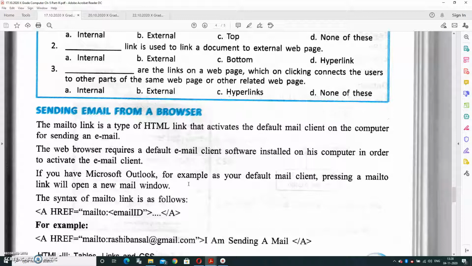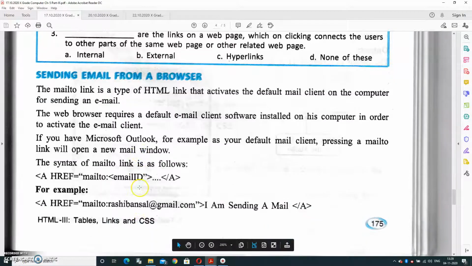If you have Microsoft Outlook, for example, as your default mail client, pressing a mailto link will open a new mail window. The syntax of creating a mail link is href mailto email ID in the anchor tag. Generally, the sending email concept is used when we are going to send an email to a particular user on a click event.